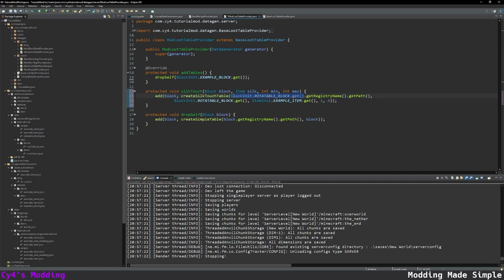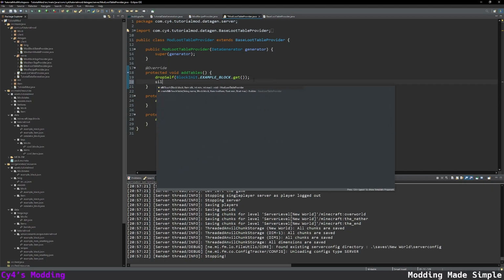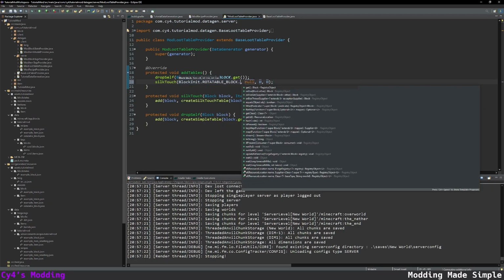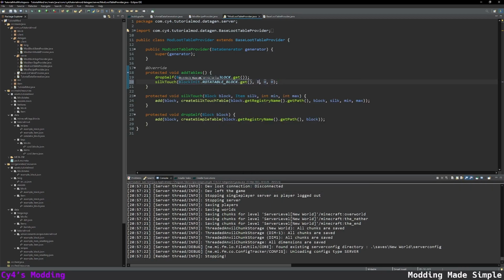Then we can change the rotatable block stuff to block, like here and here. We can change this bit to silk, this to min, and this to max. And then over here we can add silk touch with block init.rotatable block.get, and the item that it drops when it's mined with fortune is item init.example item.get with a minimum of 4 and a maximum of 1.